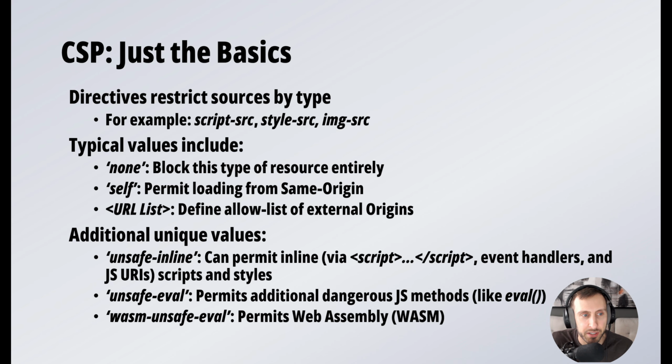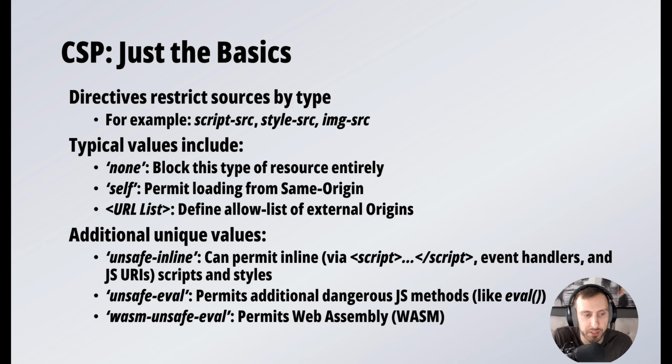Just looking at the basics, CSP breaks down into a number of different directives that restrict sources by type. So, for example, script source, you can define what sources for scripts are okay, style source for styles, image source for images. Typical values include none. So if we set image source to none, that's blocking images. If we set it to self, we can load resources from our own origin. And otherwise, we can have an allow list of URLs to define external origins that we trust as sources for